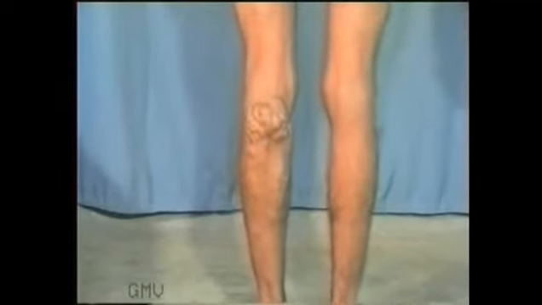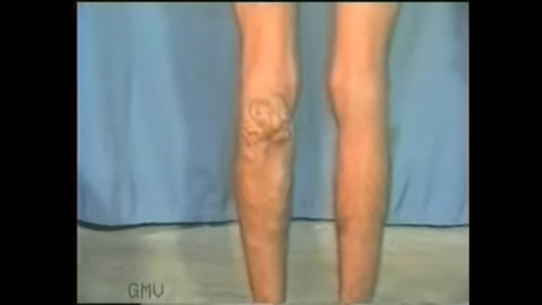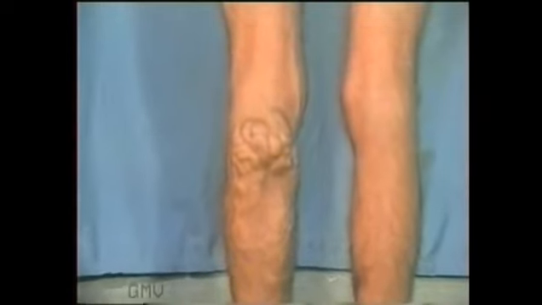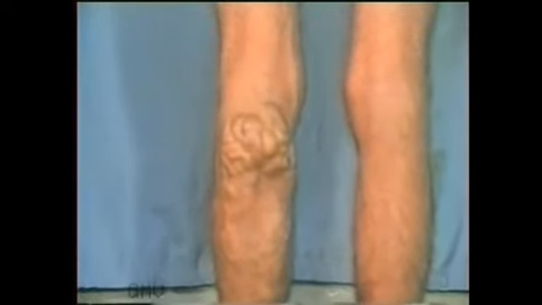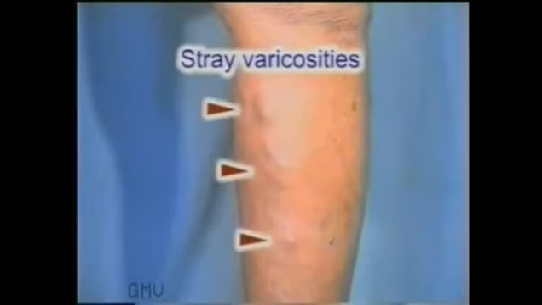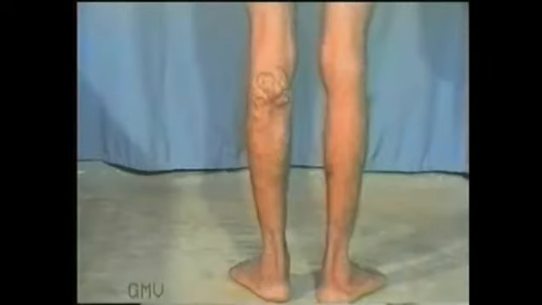The short saphenous varicosities run over the posterior aspect of the calf to converge and end at the center of the popliteal fossa. Some varicosities may not conform to these anatomical pathways and are termed stray varicosities. So inspect the long saphenous system, the short saphenous system and their relation to the present varicosity. For this, you must examine the leg from all the sides, front and back.